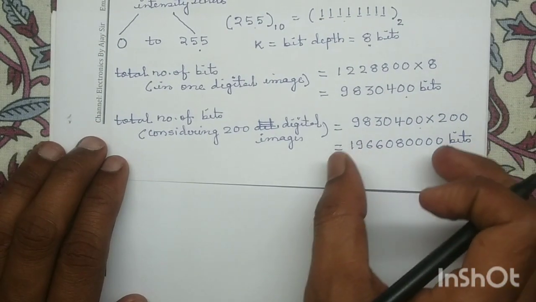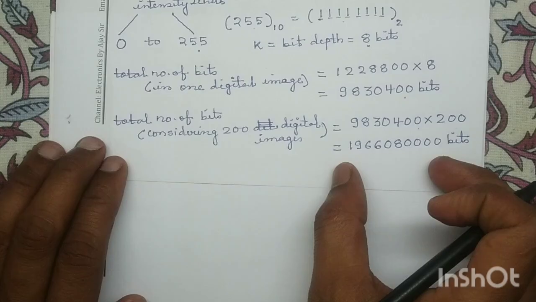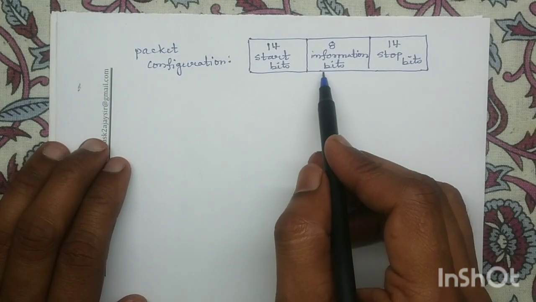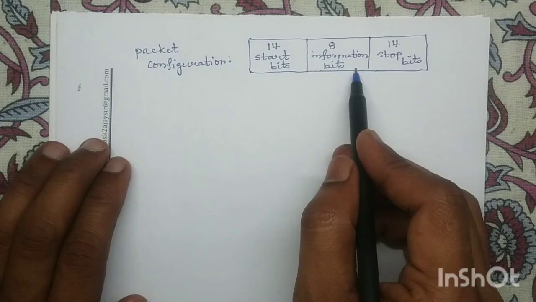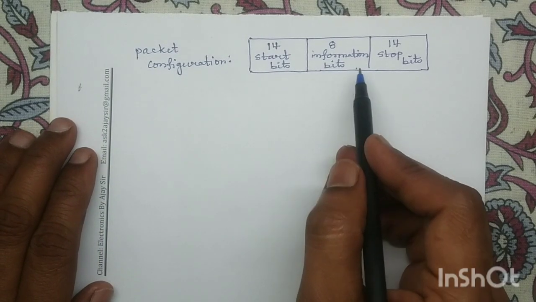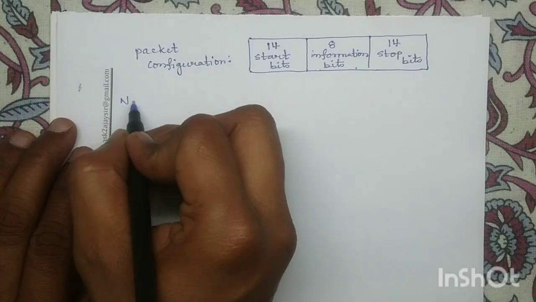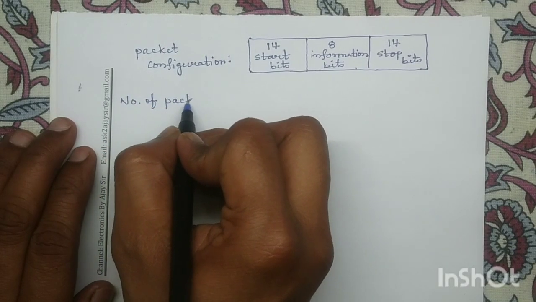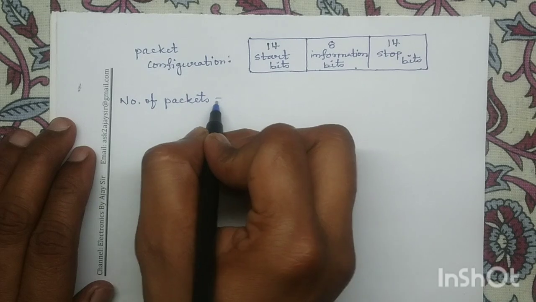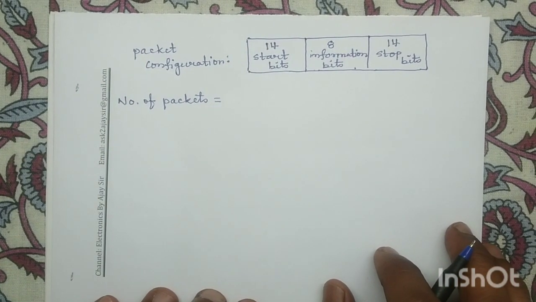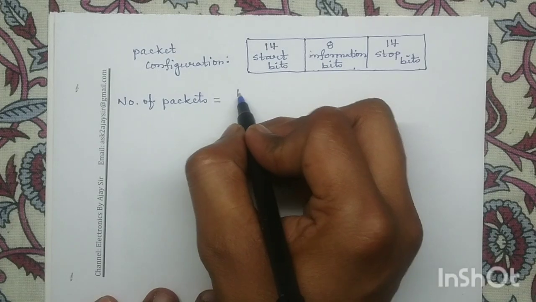So we have to transmit these many information bits in the form of packets, and since each packet consists of only 8 information bits, first we need to determine the total number of packets. So the number of packets is equal to the total number of information bits. Earlier we determined the total number of information bits as